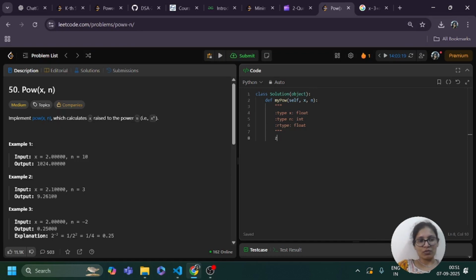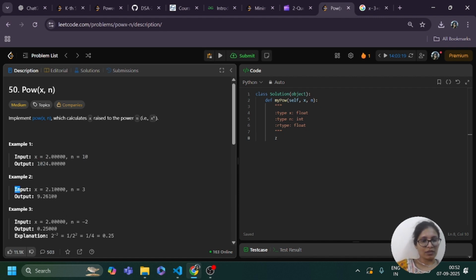So today we are going to learn problem number 50 from LeetCode, Pow(x, n). Implement pow(x, n), which calculates x raised to the power of n, that is x to the power n. Input equals x equals 2.00000 and n equals 10, and output equals